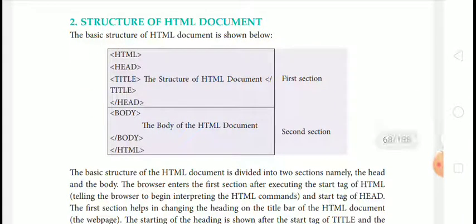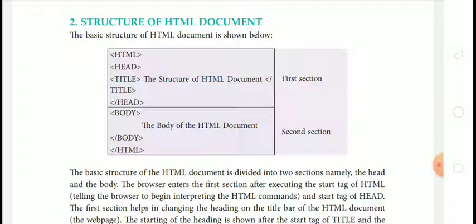Now our next point is the structure of an HTML document. Here we will see what the structure of an HTML document is. This is very important to understand, because whenever you write your HTML program, you have to follow this structure, then you are able to create a web page in HTML language.